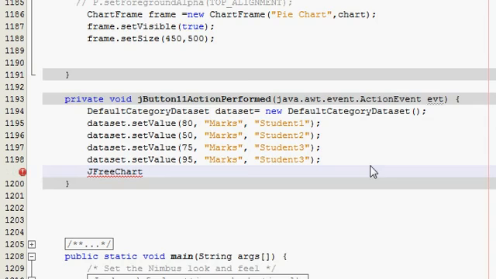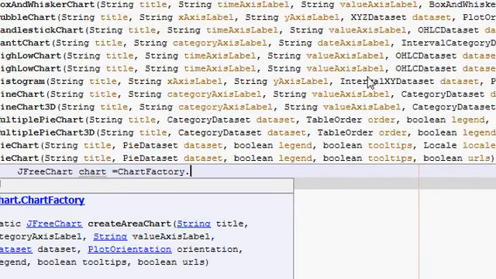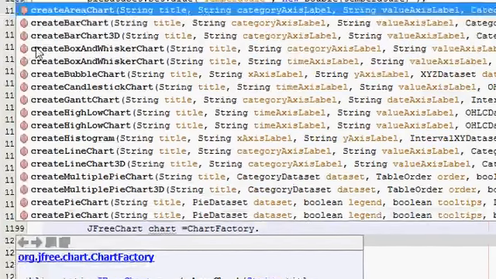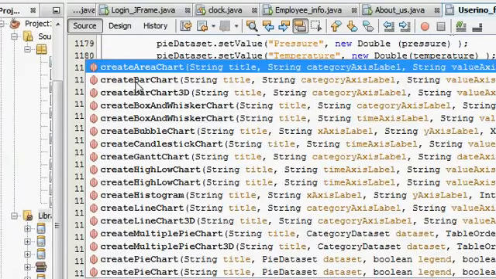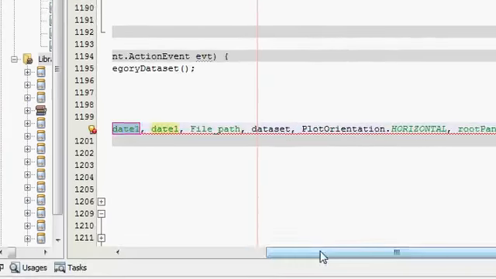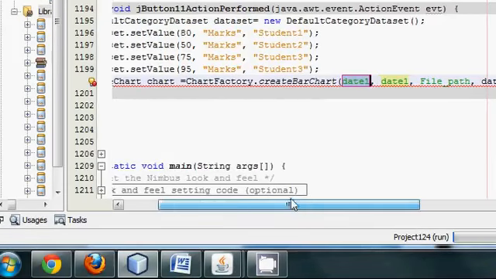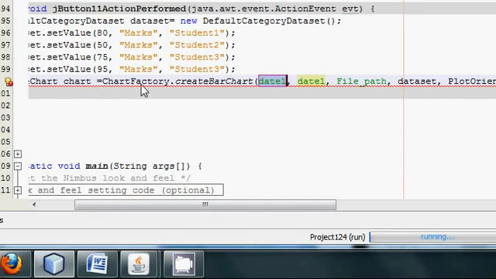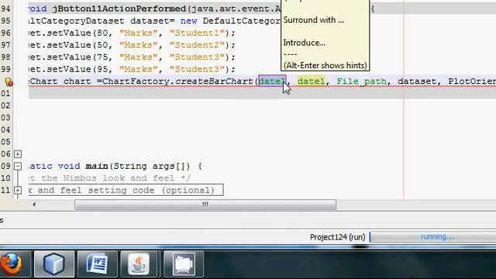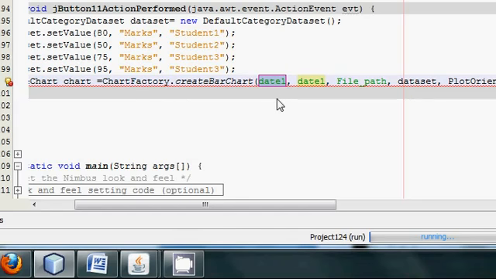and then after you write JFreeChart and then space chart is equal to ChartFactory dot, we are creating bar chart. So click create bar chart, and you can see, so many fields for bar chart. ChartFactory dot createBarChart, and here in the first field you must write